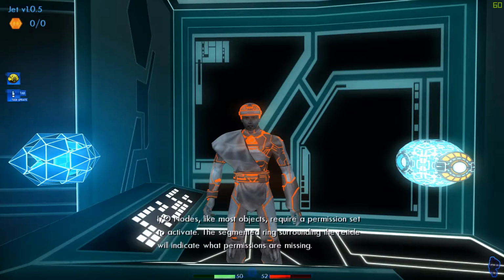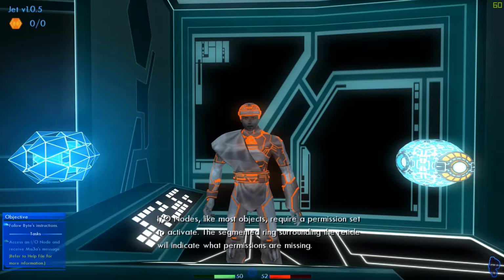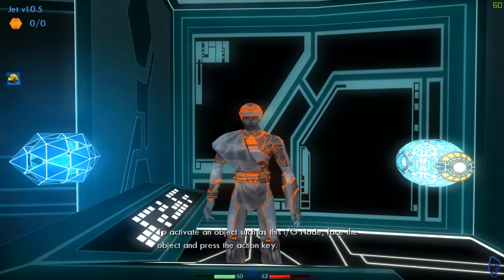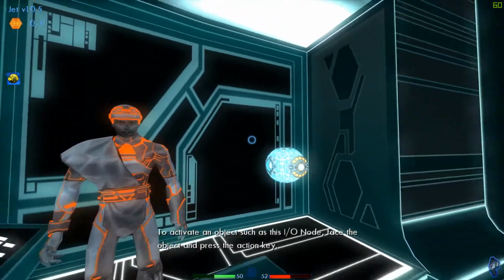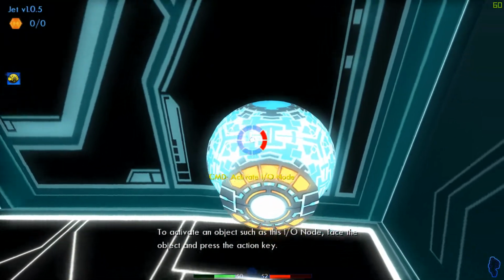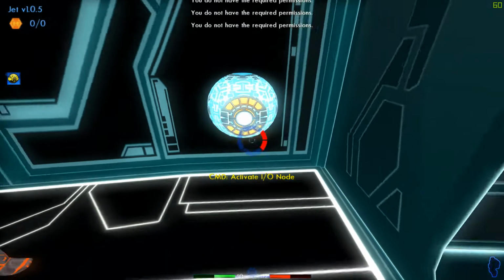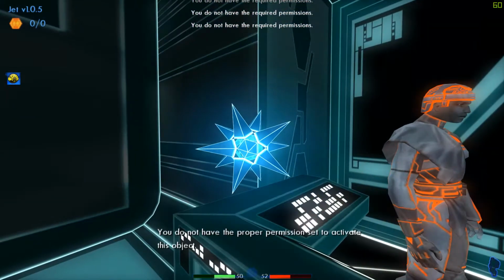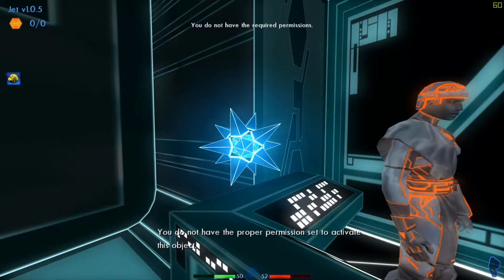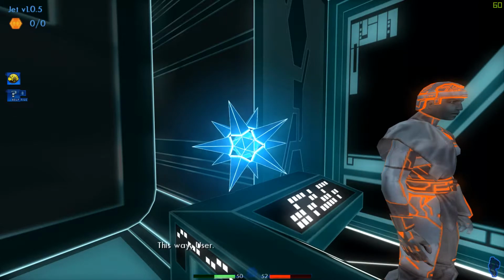The segmented ring surrounding the reticle will indicate what permissions are missing. To activate an object such as this I/O node, face the object and press the Action key. I believe that's it. You do not have the proper permission set to activate this object. This way, user.